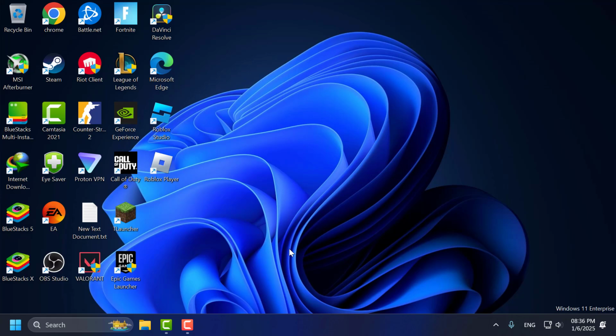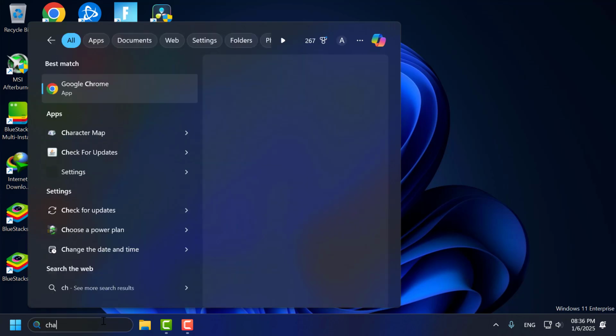Today we are going to see how to fix a monitor going black randomly on Windows 10 or Windows 11. Let's fix it, guys. Method 1, you just need to go to the search menu and type change